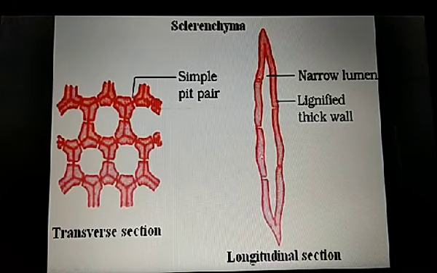And here this is the longitudinal section of sclerenchyma. First it is written narrow lumen. Lumen is a cavity or a space which is present in these tubular parts or vessels, and it also has this lignified thick wall. Yes, the outer cover is made up of lignin. Lignin, as I have already mentioned, is a chemical substance. It is present outside the sclerenchyma tissue, which makes it stiff and hard. So this is the reason why sclerenchyma are mainly responsible for providing mechanical support to the plant part.